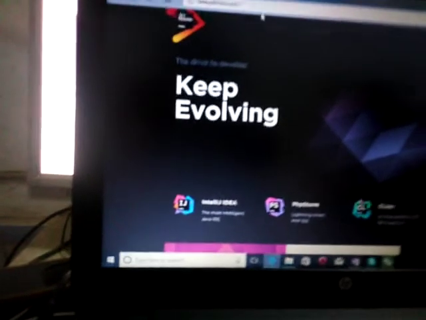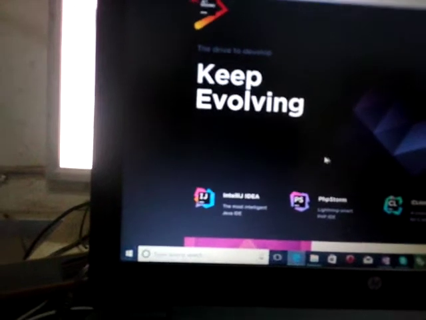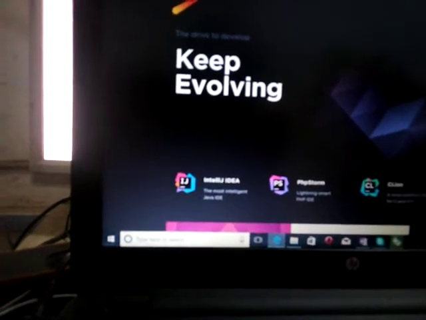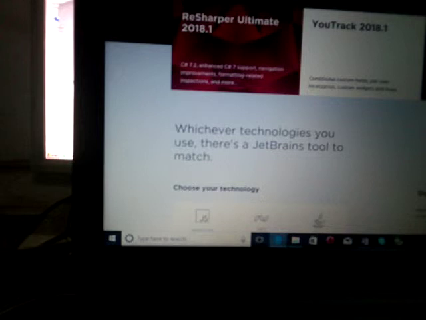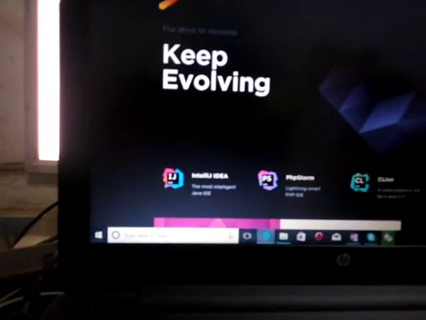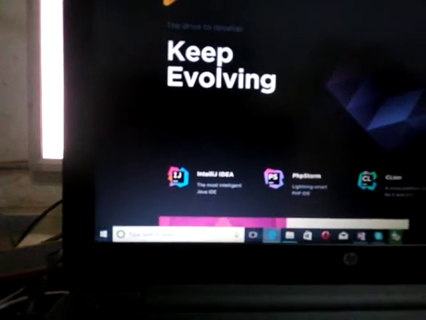It will open the JetBrains website. When you get to the JetBrains website, you go to PyCharm, or you just type www.jetbrains.com/